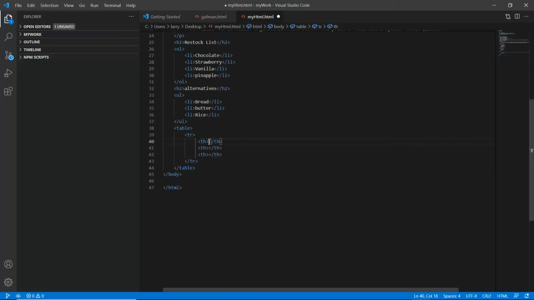Now let's assume you have what? First name, and last name, and here we have occupation. This is for your first table row. So let's input data in the next table row. So we have another table row, th,